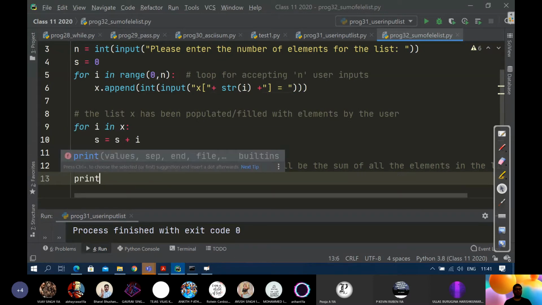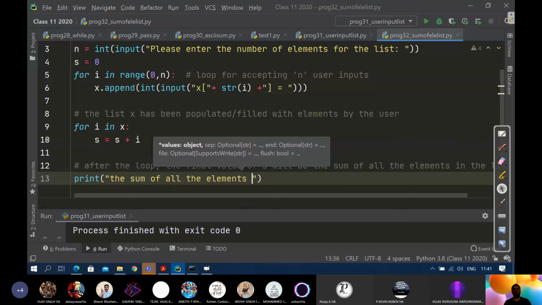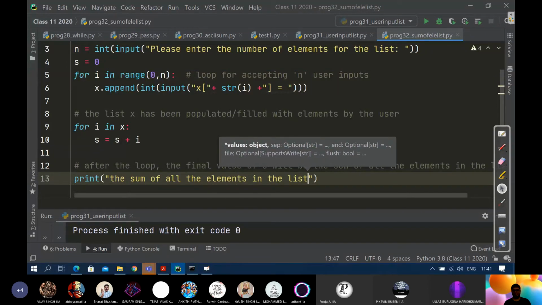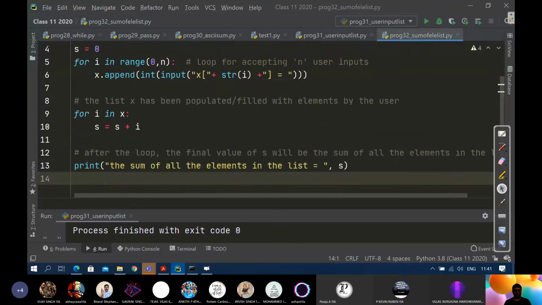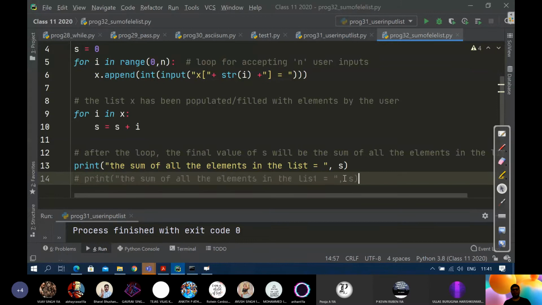Correct. So we'll print the sum of all the elements in the list is equals to, either you can do this, that is S, or the new way we have learned, I'll just put it in comments so that you can remember.